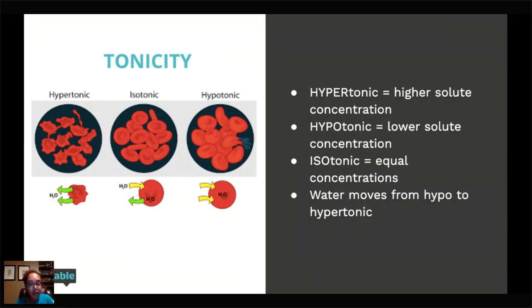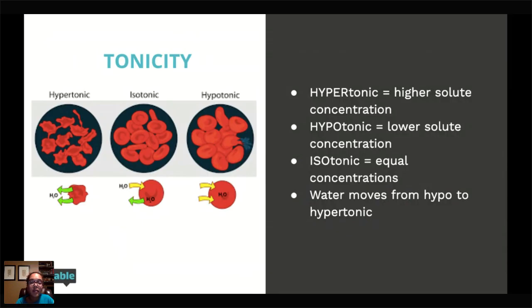So just to clarify what I said earlier, if it's hypertonic, that means you have a higher solute concentration. And in that case, the water will all exit the cell and the cell will almost wither because it doesn't have enough water in it. Isotonic means that they both have the same concentration. So water moves in, water moves out, but in the end, the same amount of water is still in the cell. And then you have hypotonic, which